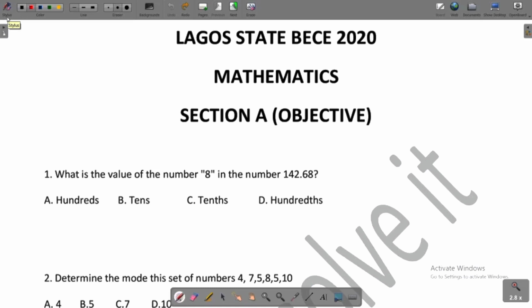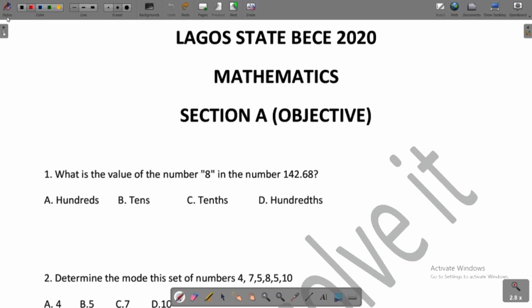Hello everyone. In this video, we'll be looking at the solution of the Lagos BECE 2020 examination, Mathematics, Section A, Objective. This year, you have only Section A, 1 to 100. Now, the first question says, what is the value of number 8 in the number